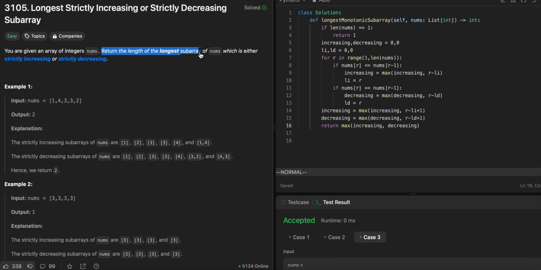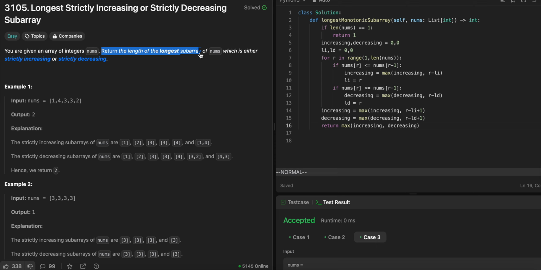Based on the constraints, in these easy questions, they are easy because brute force actually works. You can do a double loop and just calculate the largest, whether it's strictly increasing or decreasing, from a single index. However, we have a different solution today, which is O of n, where basically it's a sliding window approach,